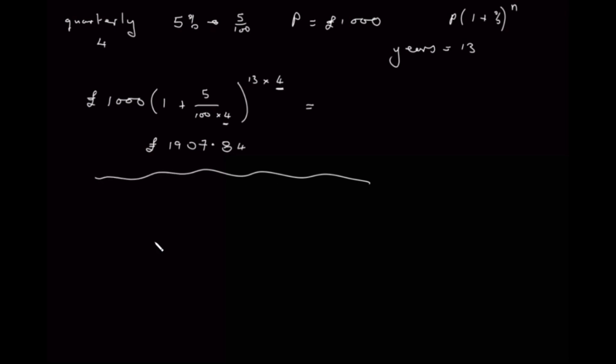Let's do another one. Suppose we do it 3 calculations a year. Okay, 3 calculations a year. There's your 1,000, 1 plus 5 over the 100, 5%, 3 calculations per year. And how many years? Let's still stick with the 13 times 3, because that's the calculation cycle. 3 times 13, 13 years, 3 per year, so it's 3 times 13 calculation cycles, and that will equal,